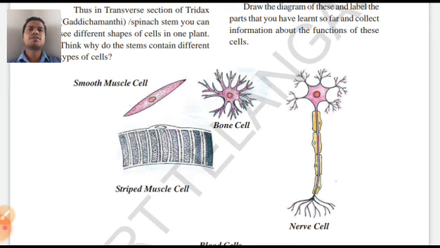Now muscles can work like rubber bands. As you see here, if you see your hand, it has to fold and unfold, it has to stretch and unstretch. So the speciality of muscles is making their structure like that. Now bones have to stand very strong, that's why their structure is different. Here nerve cells are useful for sending information from brain to body parts and body parts to brain, so they are specially designed.